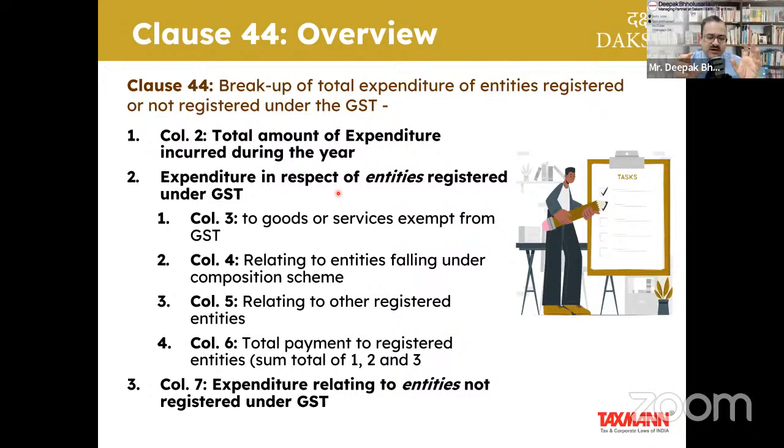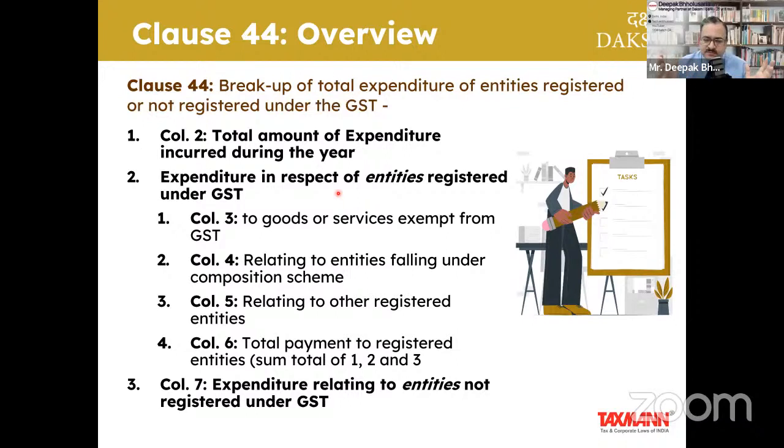Then out of those 400, once you have segregated the exempt supply, you just separate it out. Let's say the balance amount is 300. Out of these 300, you have to identify how much is the expense which you have incurred with an entity who is under composition. So let's say out of 400, 200 you have segregated, 300 is the balance, and out of 300, 100 is in relation to a composition supplier. So 300, 200, and then 100, and the balance out of 400 is the residual amount which you need to fill in column number 5.